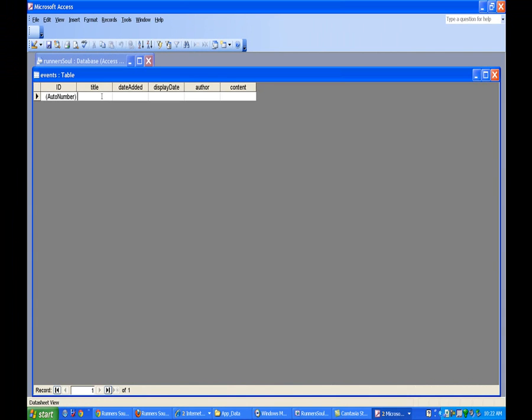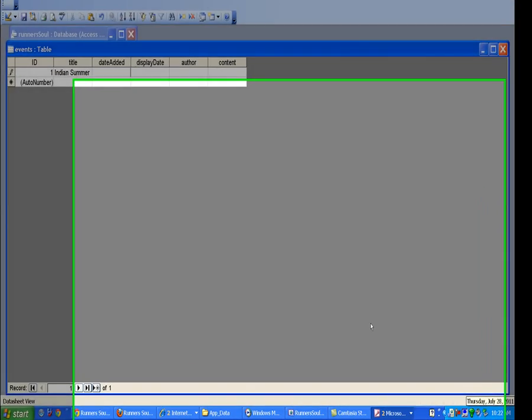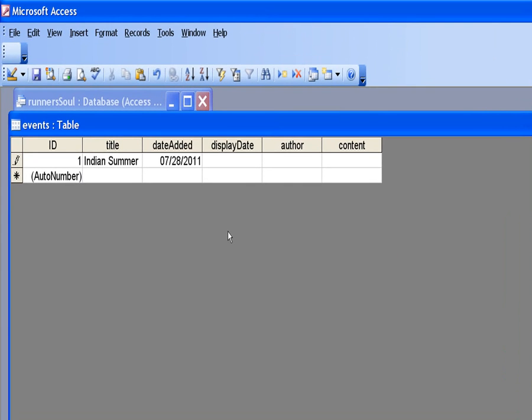So let's just put 1 in here, and let's say this is the Indian Summer Half Marathon. It's the next one I can think of coming up. For the date added, we'll give them a control that actually puts in the current date, but for now it's 07/28/2011, and display date, I'm going to make it the same thing, 07/28/2011. The author's Tony, and the content is